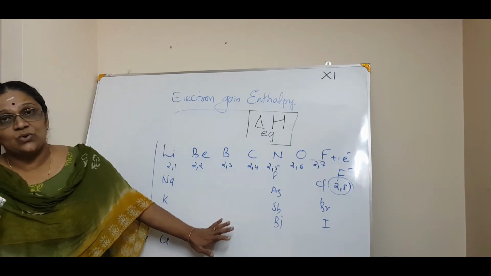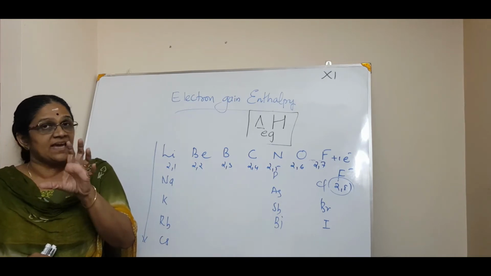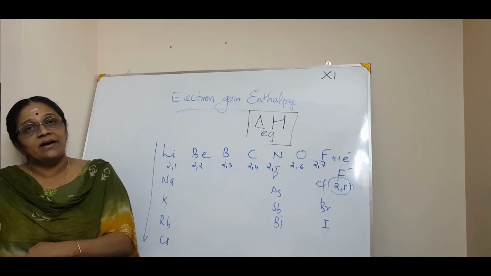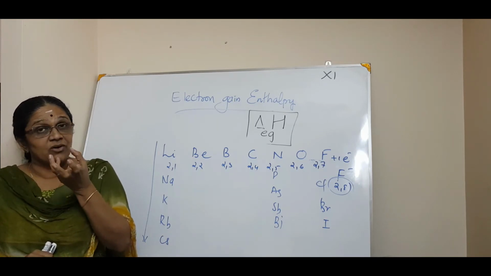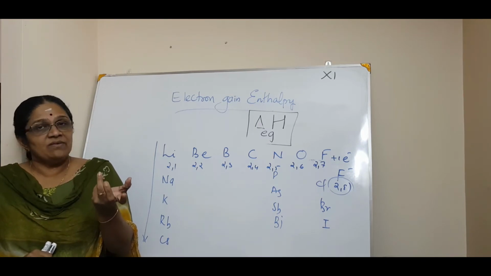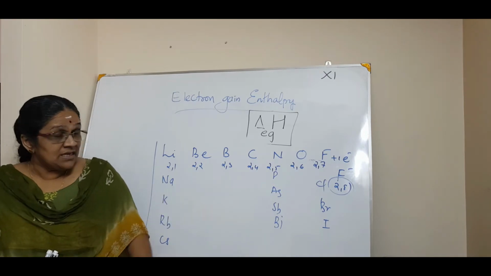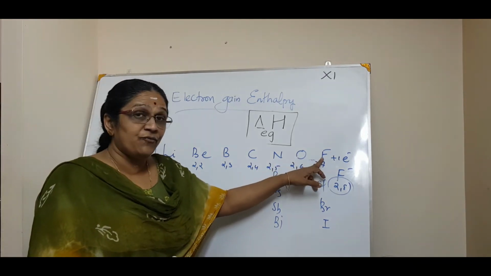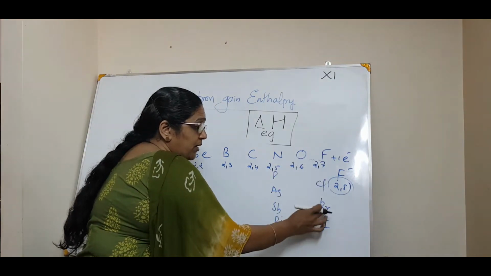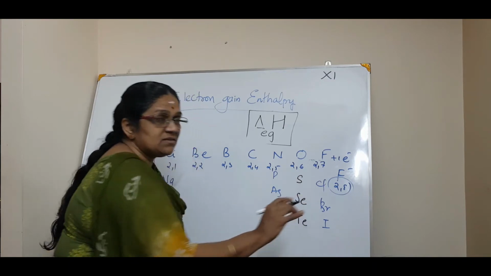Okay. Now, here also there are exceptions. See, in everything we say a general rule for the general periodic table or general elements, but according to the electronic configurations or some other reasons, it can be any reason for that matter, we will say there are exceptions. Here, the exception is in the oxygen and fluorine groups, that is the chalcogens and halogens: fluorine, chlorine, bromine, iodine, oxygen, sulfur, selenium, tellurium, polonium is radioactive.